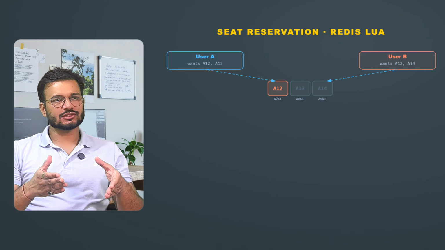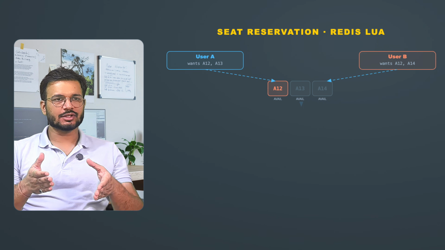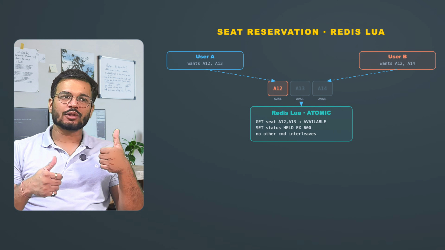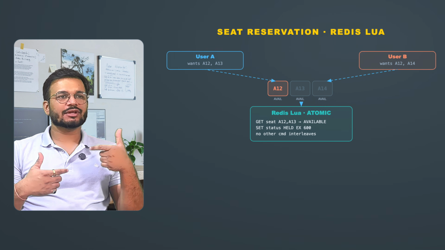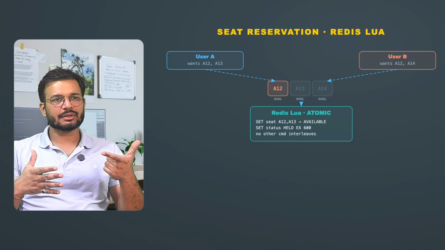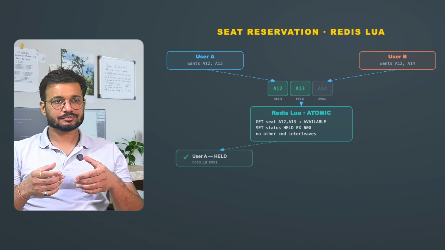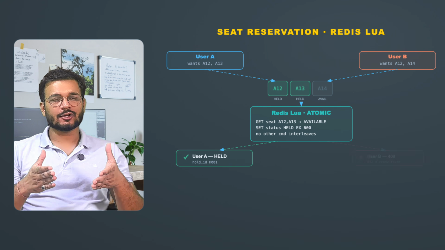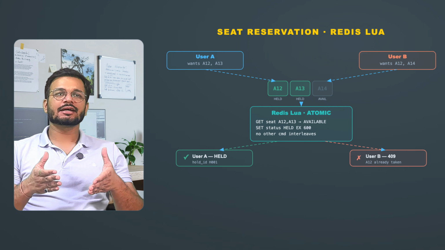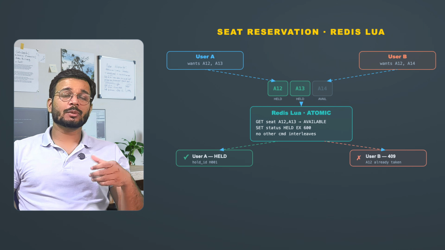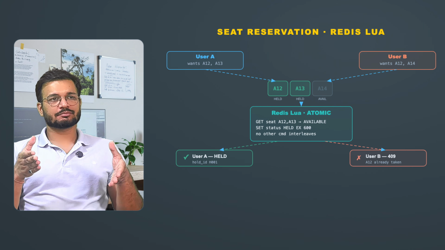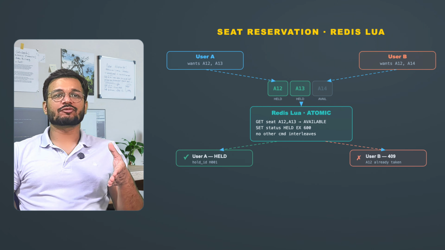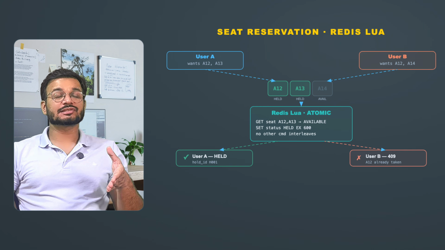For a hold request on seats A12 and A13, we use a Redis Lua script to atomically check that all the requested seats are available. Then if any seat is not available, we abort and return which seats are taken. If all of them are available, set all the seats to held with the hold TTL of 600 seconds and then return success. Now you might ask, why do we need a Lua script? Because Lua scripts in Redis are atomic. No other command can execute between step 1 and 3. This is our pessimistic lock.